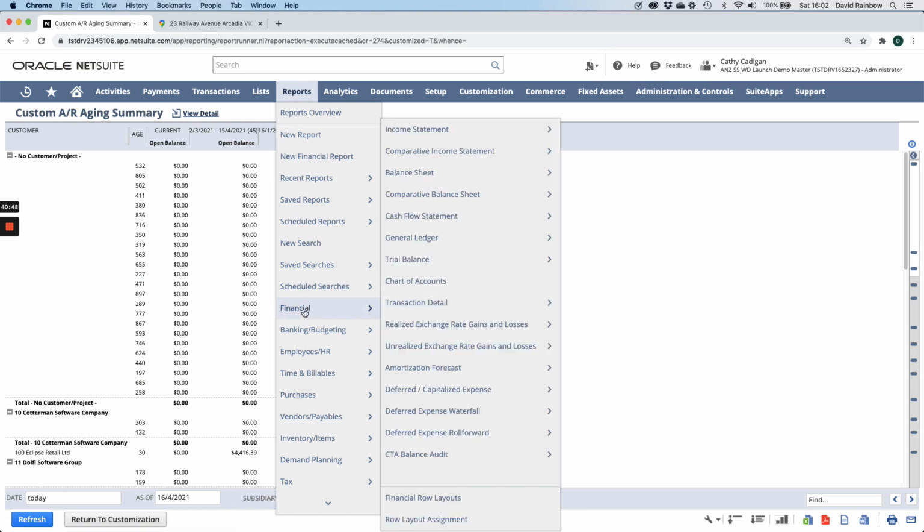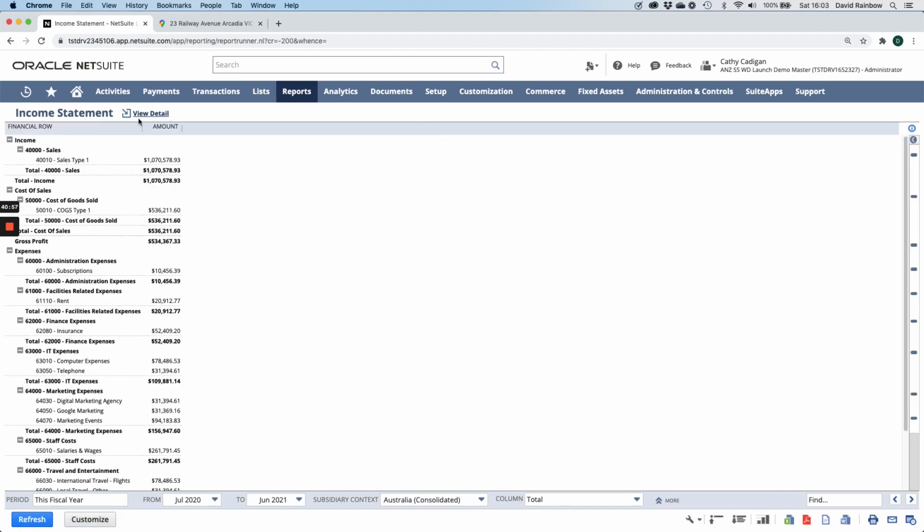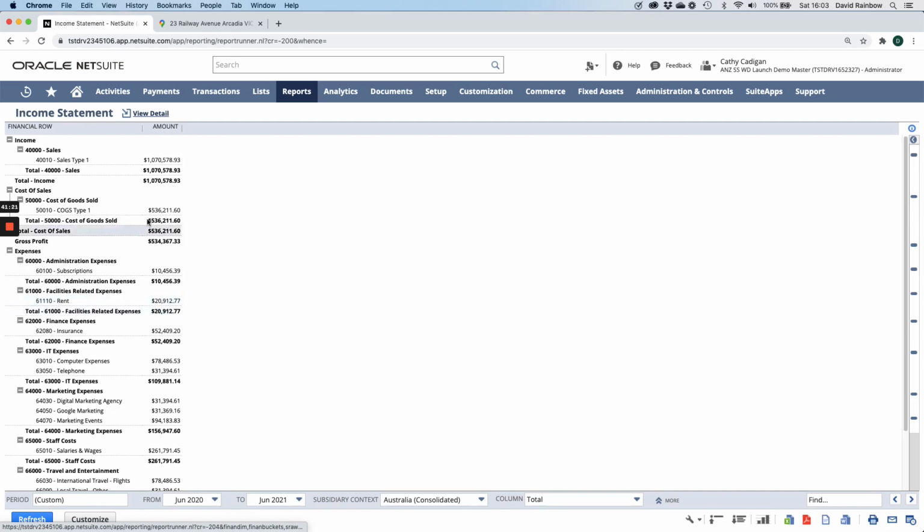If I go and look at some of the financial statements then, these have a slightly different layout because they're based on the chart of accounts, but we can see the structure is all based on our chart of accounts. A couple of other things that are available within the financial statements. Obviously, I'm looking at this fiscal year, which gives me the date, but I could decide to change the dates and then that becomes custom. And if I was to refresh that, the information would be reported